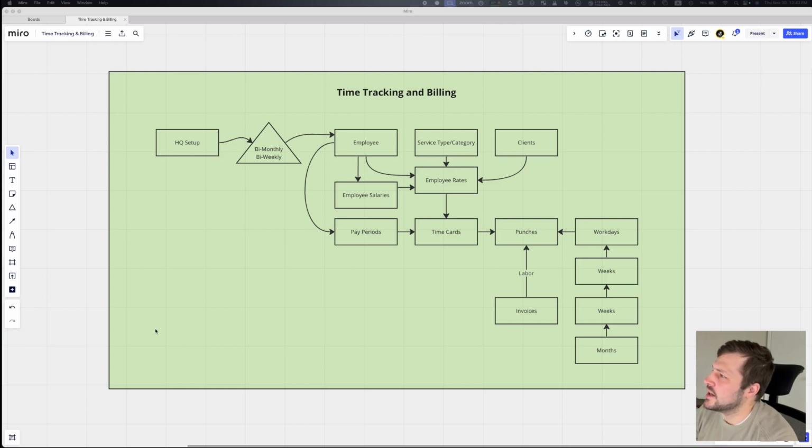But today we're talking about time tracking and billing, and just introducing how our company does it and the software that we built in the past that kind of does it as well. There's lots of ways to do this. I want to preface this with that. This is definitely not the only way,